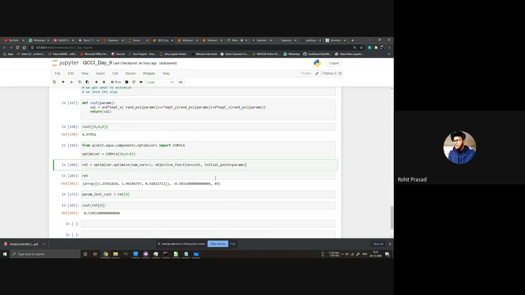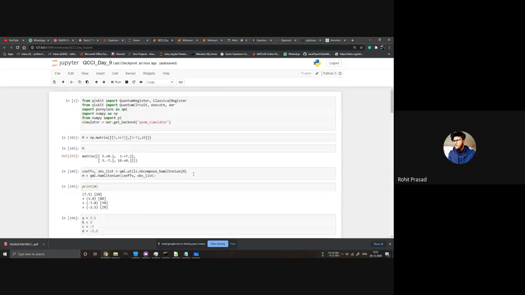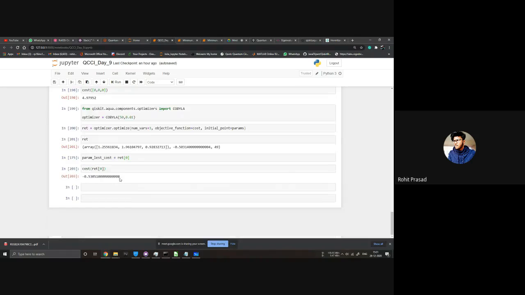It took 59 iterations to get to this point, so you would be sending 59 circuits to the quantum computer, and it will take time. That's why I did this on a simulator. But for research purposes, you can try doing it on an actual quantum computer as well.